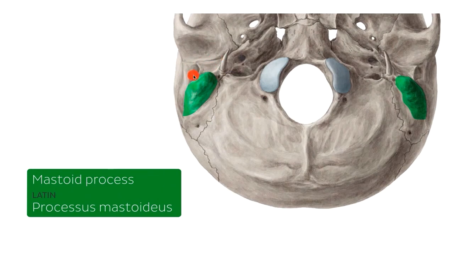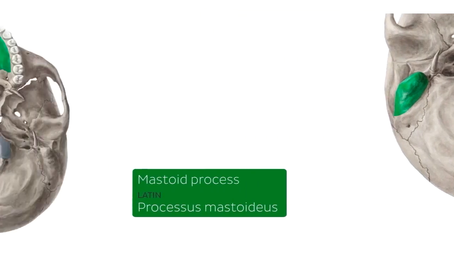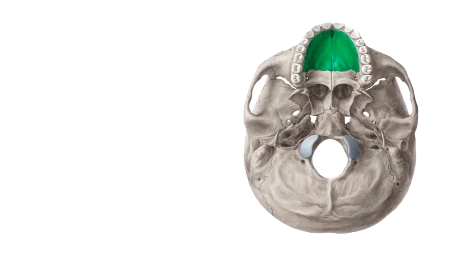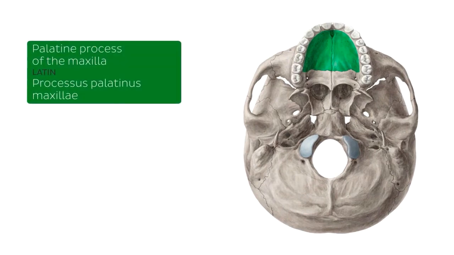The acoustic meatus, and then behind it you find the mastoid process. Let's move on to the next one. This one is known as the palatine process of the maxilla. The palatine process of this bone is a horizontal extension consisting of the roof of your mouth and the floor